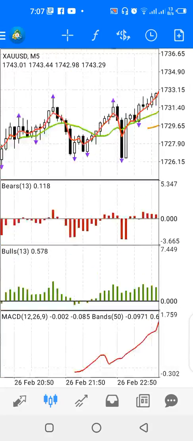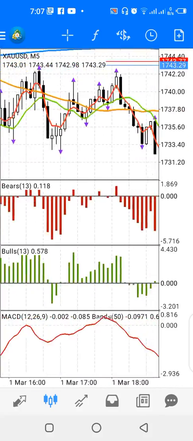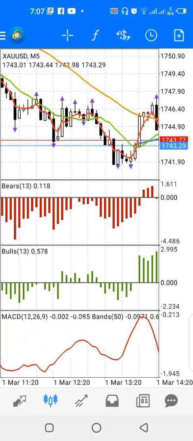That's that for the strategy. It's a very good strategy. Make sure you backtest it. On the main chart, when all